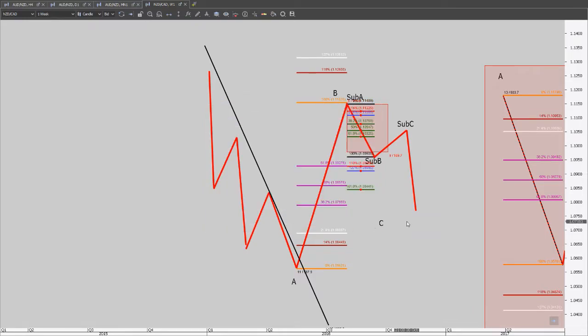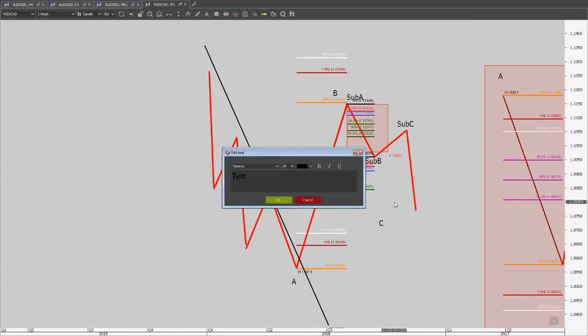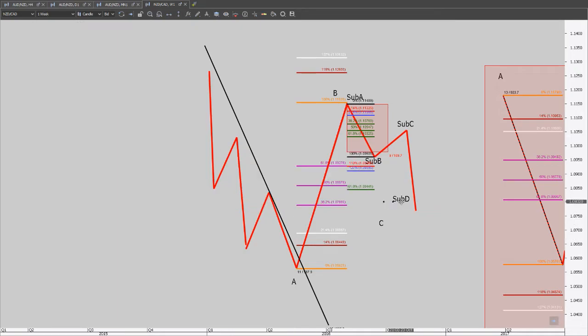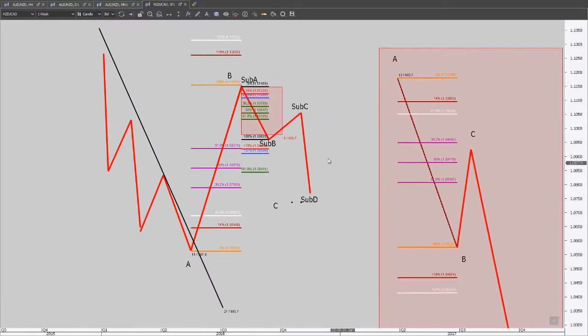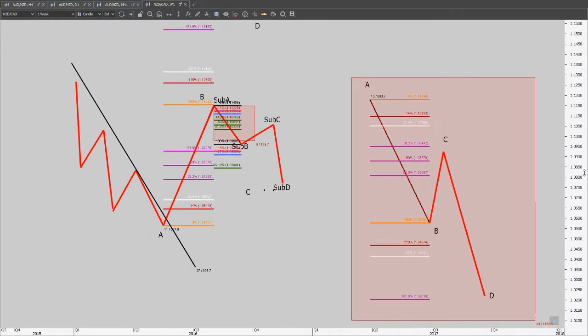Original Fibo, right? So where is the sub D? Well, the sub D is the appropriate D extension, right? So sub D, there you go, this is the sub D. Green goes to green, and this is the sub D. It's just an example. So if you look here on the left and on the right,